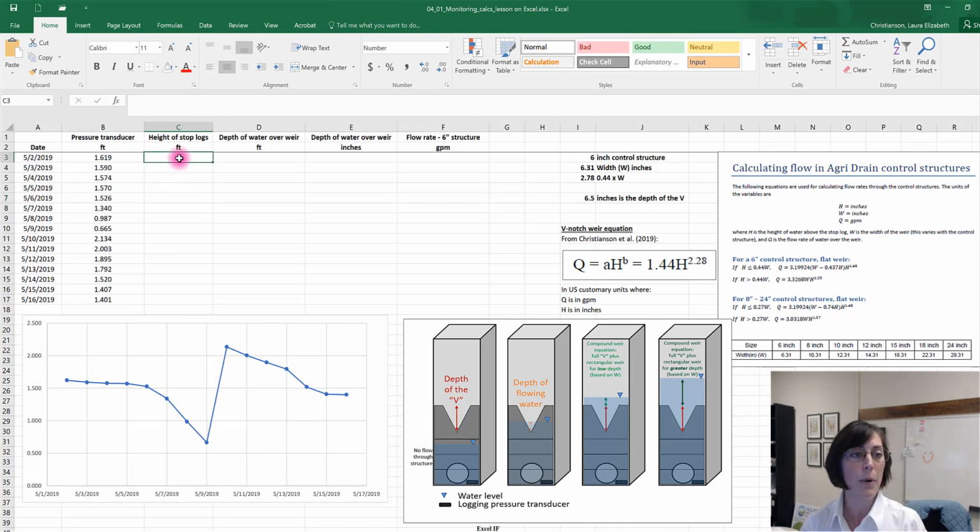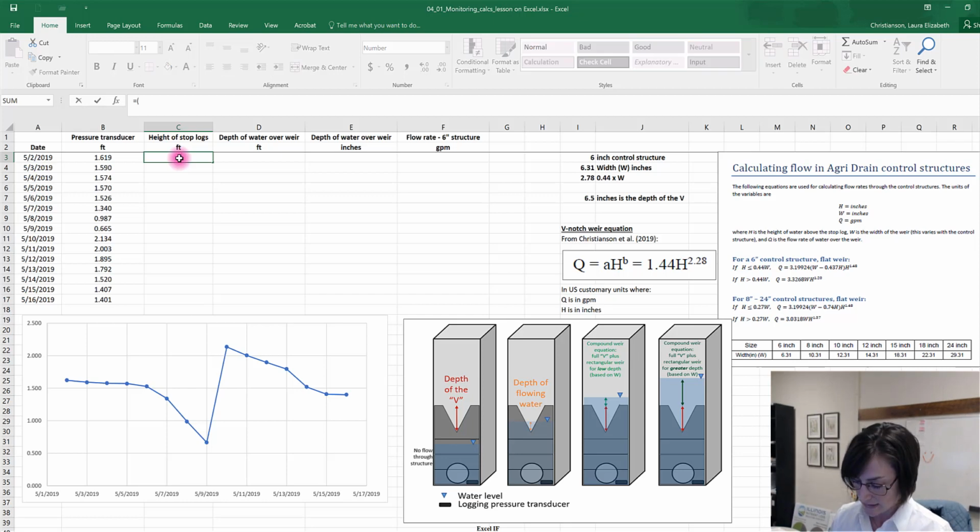The next part that I'm going to enter here is the height of the stop logs. And I actually like to enter a count of the individual plates that are in the stop log or that are in the control structure. So I'm going to enter this as, say, from my field notes, I know I had a 5-inch plate plus a 7-inch plate plus maybe the depth of the V-notch weir below the V, this little depth right here. Maybe that's